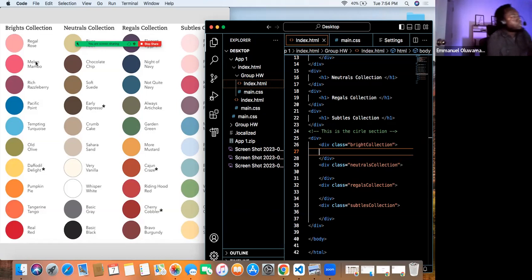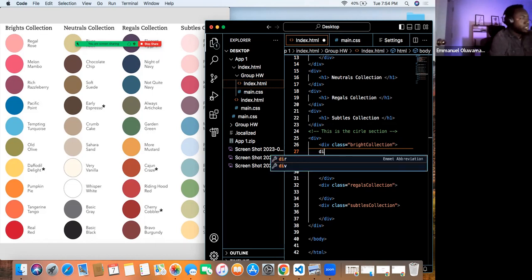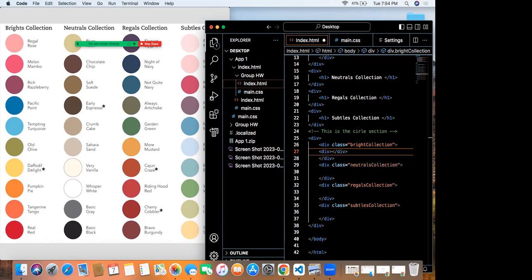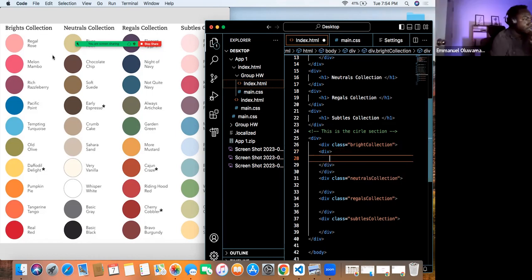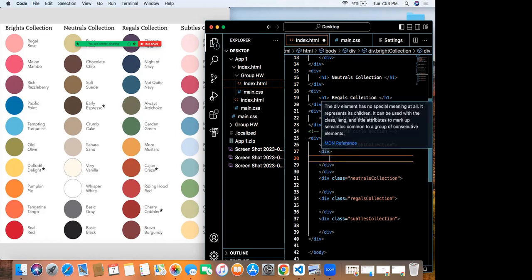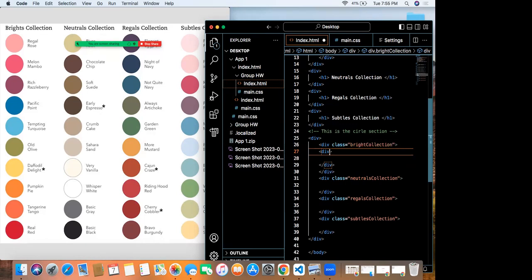But then consider this first part, with the circle and the name, as one div. So inside that div, the circle will be another div, and then the name will be a span for text. Then this would be named, this isn't the class, this is an ID.